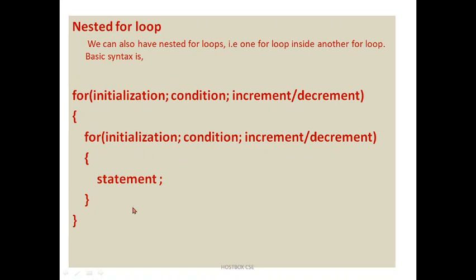For example, if you want to make a pyramid structure or print patterns, at that time you need the support of rows and columns. So for example, I want to print 1 into 3. The first loop prints the rows, 3 rows, and 3 into 4 means 3 rows and 4 columns. Like that you can generate easily. Let's go for a small example program where you can get clarity.